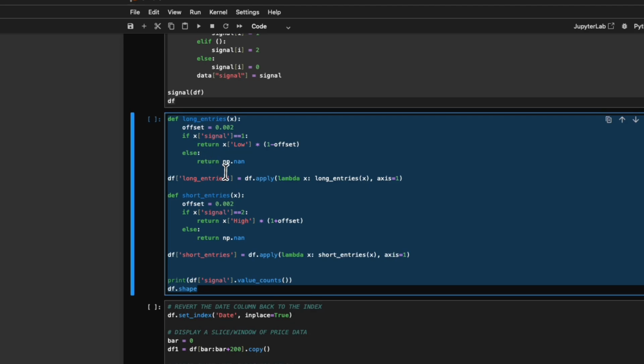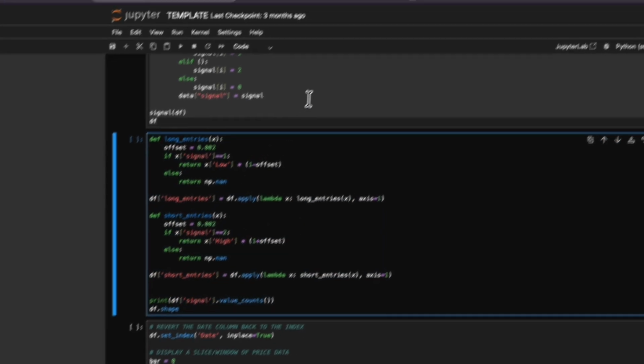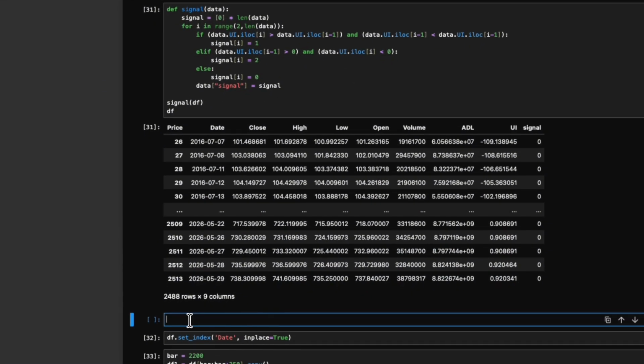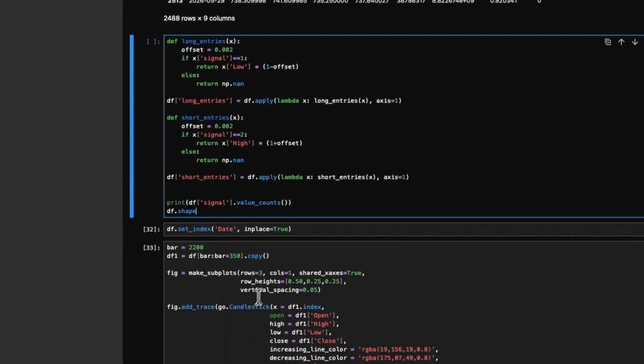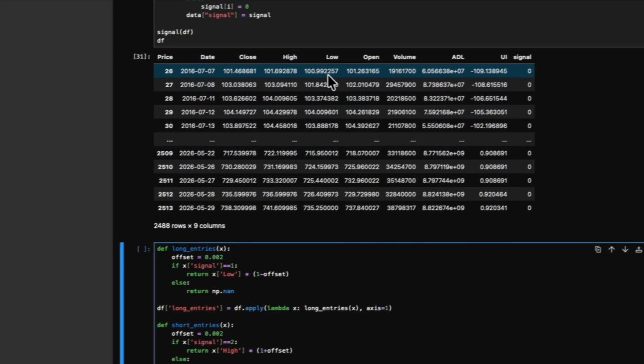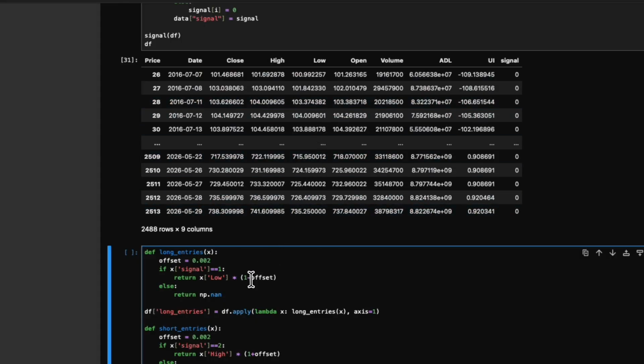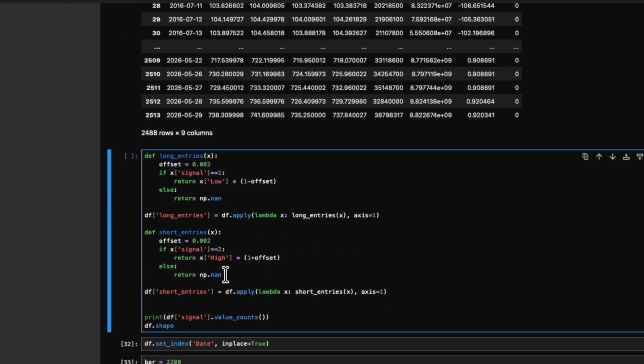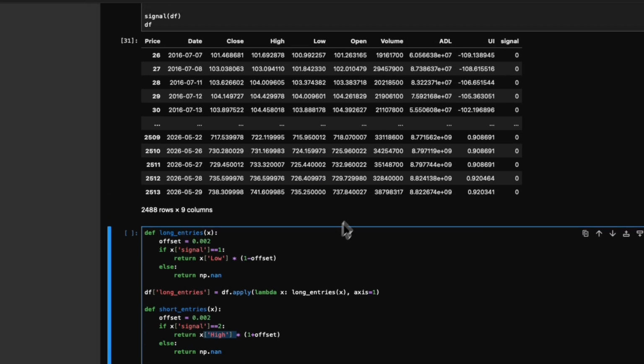So come back in the chart section, this little section above here, long entries and short entries. Let's grab that and we'll paste that in here. All this is doing is running through the data set DF, and it's looking for the values in the signal column. And where it sees a 1, which is a buy signal, it returns the value of the low price minus a small offset. And where it sees signal equals 2, it returns the value of the high column